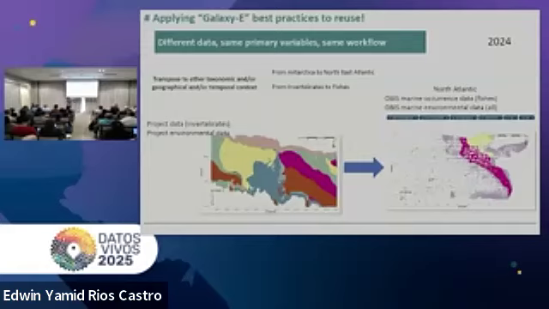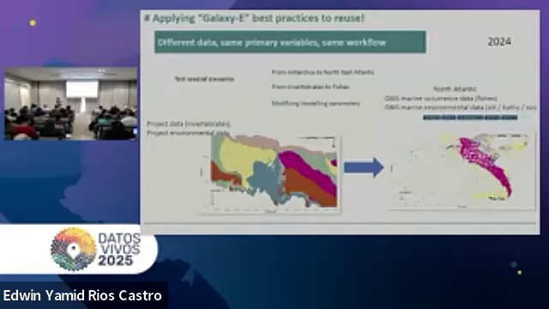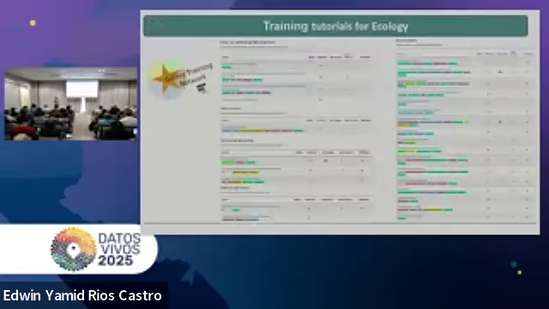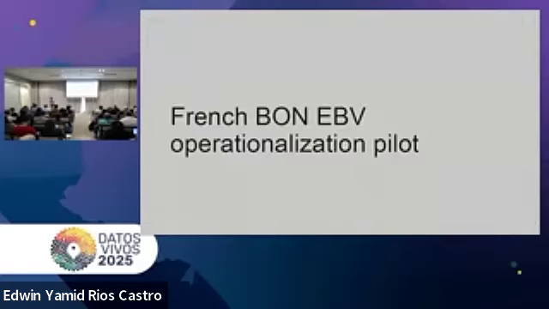And we transpose it in Atlantica on marine fish data sets and environmental data information coming from OBIS. After that, we can modify modeling parameters quite easily to test several scenarios using the same kind of workflow. If you want to go further, you can look at the number of tutorials we wrote, so you can see what we can do with Galaxy.